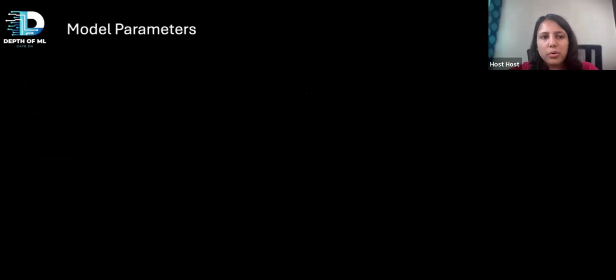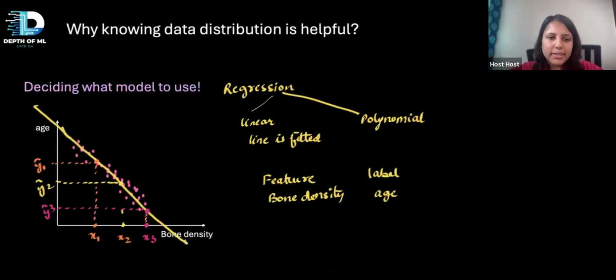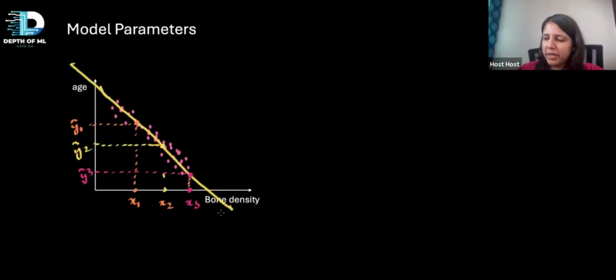Okay. Now let me talk about model parameters. So what are model parameters? Let me take an example from here. This is, suppose, a linear model that I fitted. If you don't understand linear models, it's fine. You can come back to this lecture. So what is a model parameter? I have fitted this line to this data, right? So now this data is basically telling me